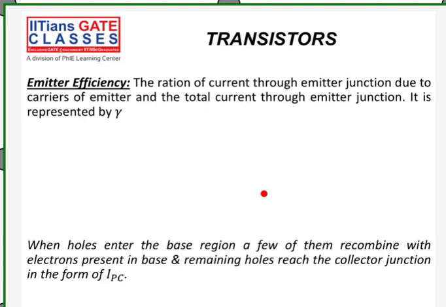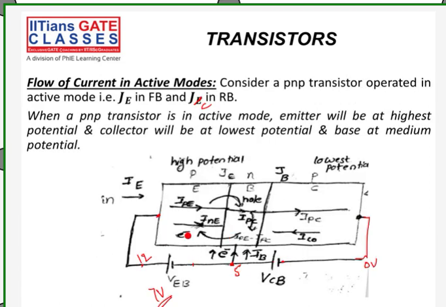What are the basic things in this? We had three currents, that is IE, IB and IC. In the previous slide we can see we have three currents. One is IE, second is IB and third is IC. So here I'll consider all currents